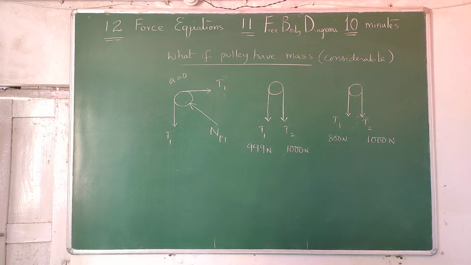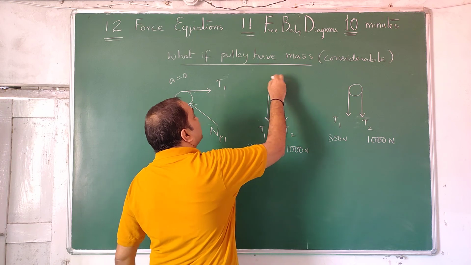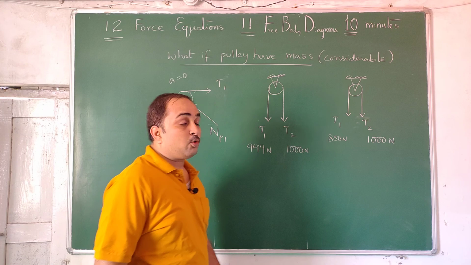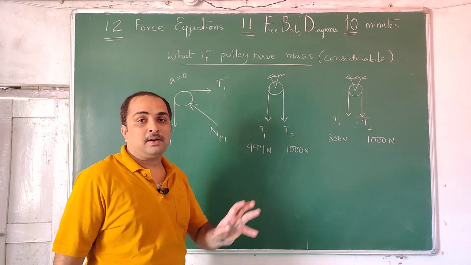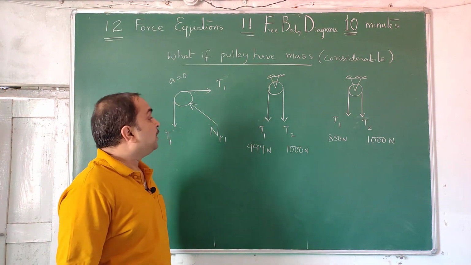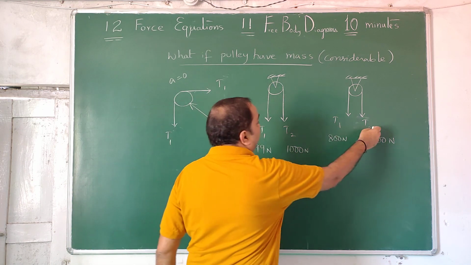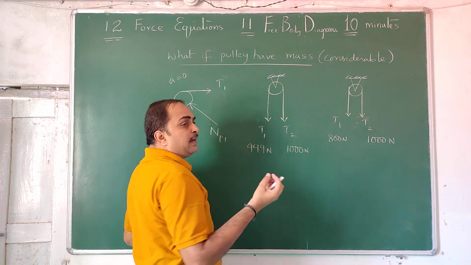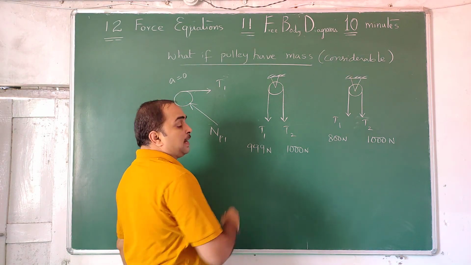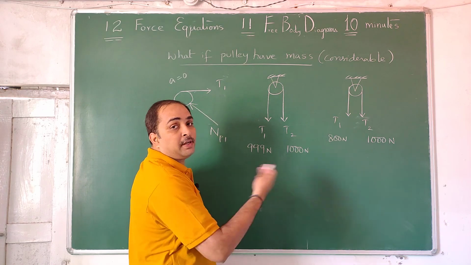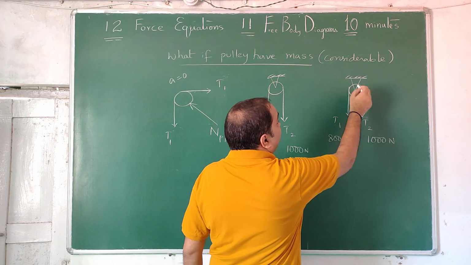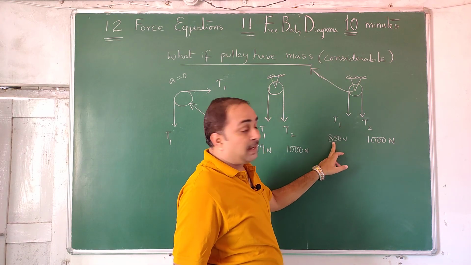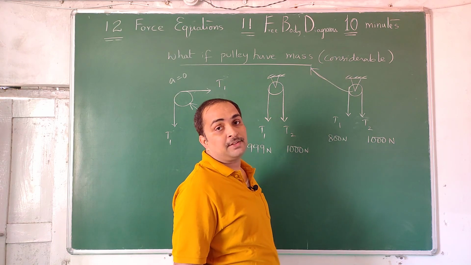Many times this has not been properly told even in the textbooks, because initial lectures are easily done even without telling this. What if the pulley has mass which is considerable? You cannot use the word massless or light pulley. So actually in every case it is T1, T2 only we have to write. But if the pulley is massless, then while turning we need only a little force. So if this side it is 1000, this side it is 999, so you can take either 1000 on both or 999 on both. Coming here, if the pulley has considerable mass, then this side it will be 1000, this side it will be 800. We are not supposed to ignore that 200 difference.